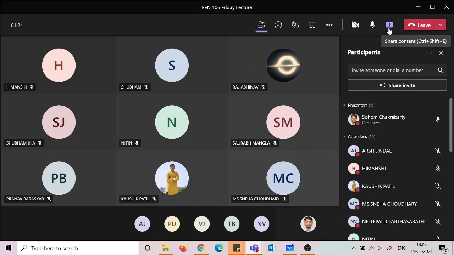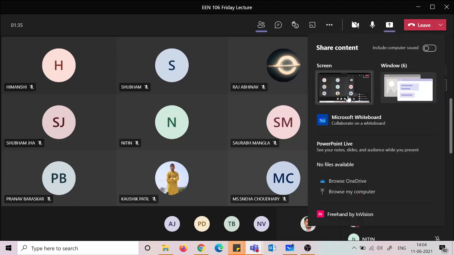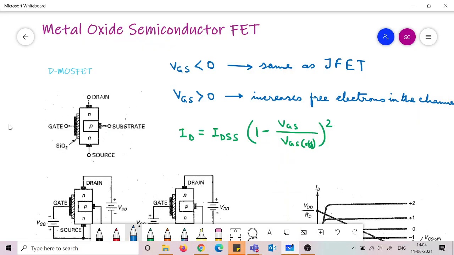Okay, so we are almost at the end of our syllabus, what I would like to cover in this course, and I guess only 2 more classes we will be having. So today is one where we will start this introduction on the MOSFETs, the metal oxide semiconductors,